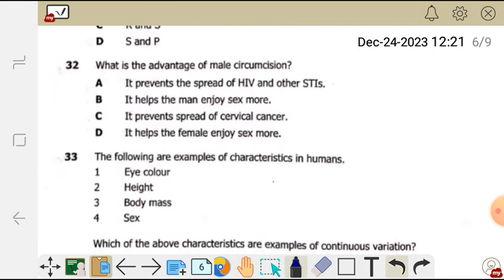Question 32. What is the advantage of male circumcision? A. It prevents the spread of HIV and other STIs. B. It helps the man enjoy sex more. C. It prevents spread of cervical cancer. D. It helps the female enjoy sex more. So when you are circumcised,